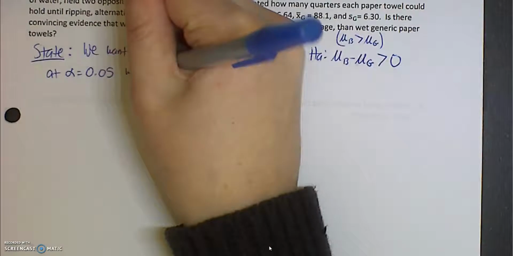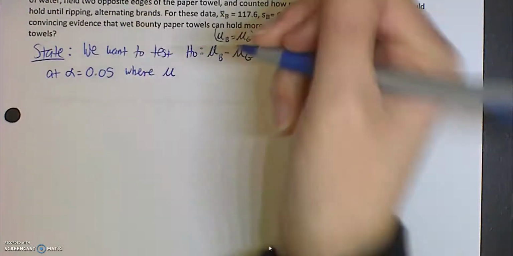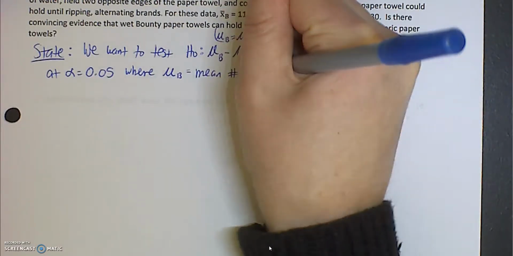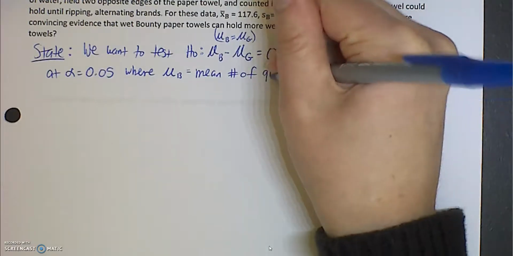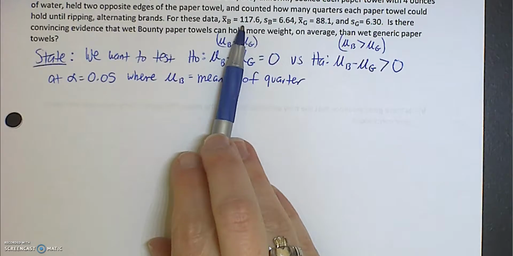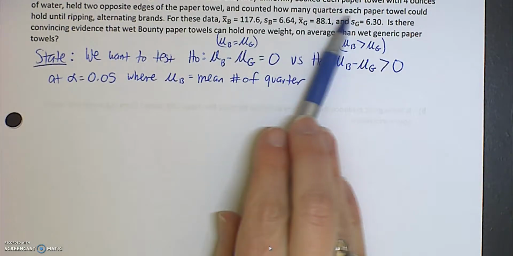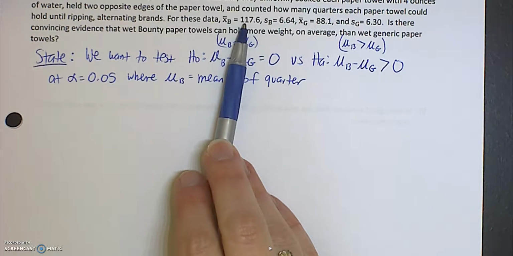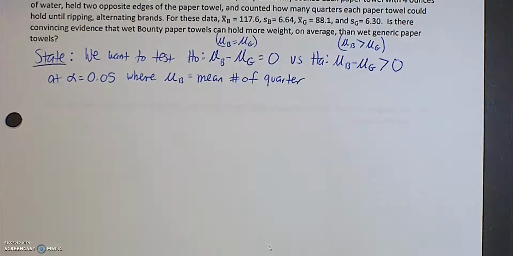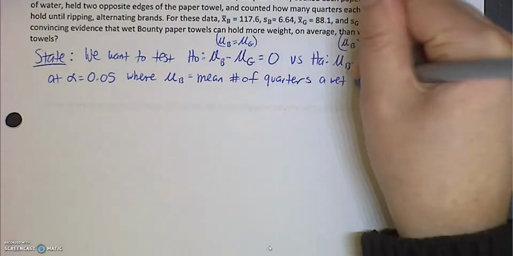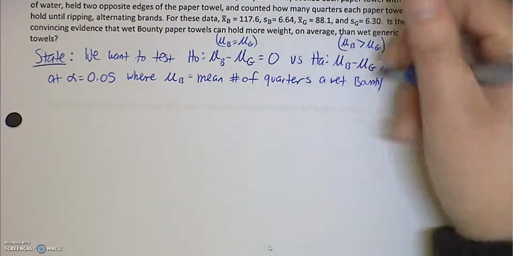Where, and now we need to define our parameters. Mu sub B equals the mean number of quarters, right? So that's how they figured this out, right? It was how many quarters each paper towel could hold. So this represents the mean number of quarters. That's a lot of quarters. 117.6. I'm kind of impressed. Mean number of quarters a wet Bounty